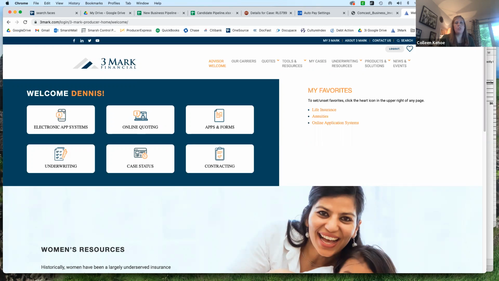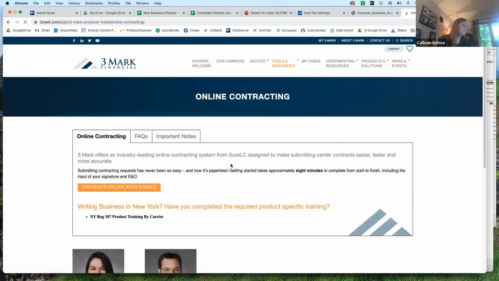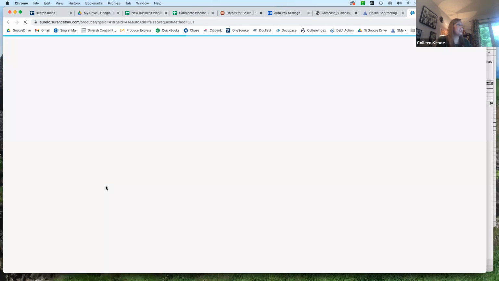to a system called SureLC. It's an online contracting system where you can input all of your information just one time, and all of that can be shared with all of the different carriers. You don't have to send it to each different carrier. Another way that you can access SureLC is right here in this contracting box. So you're going to click that, and then you can click right here where it says contract online with SureLC. You don't have to memorize this. I'm happy to send you this link as well,